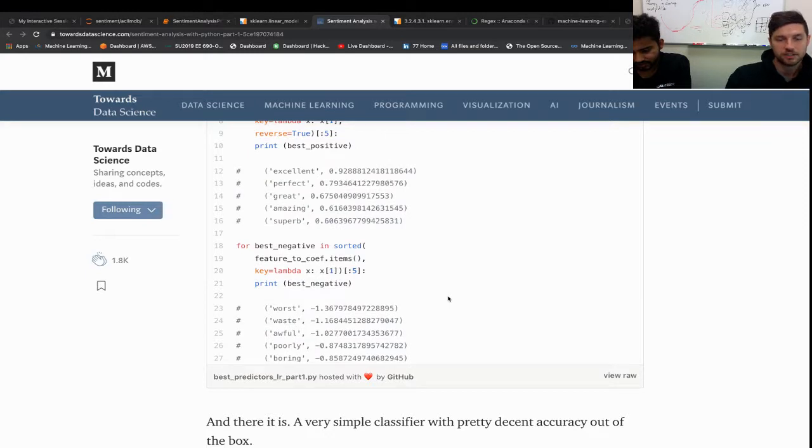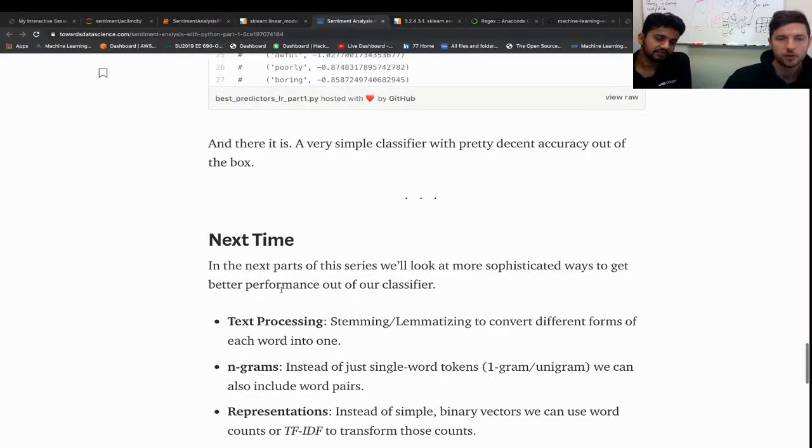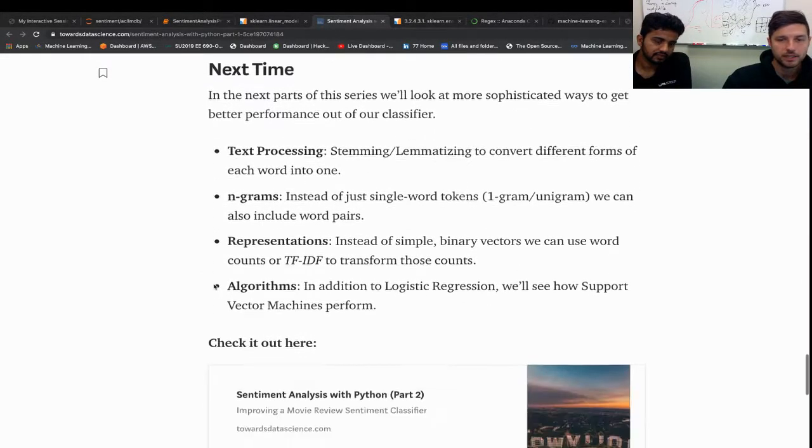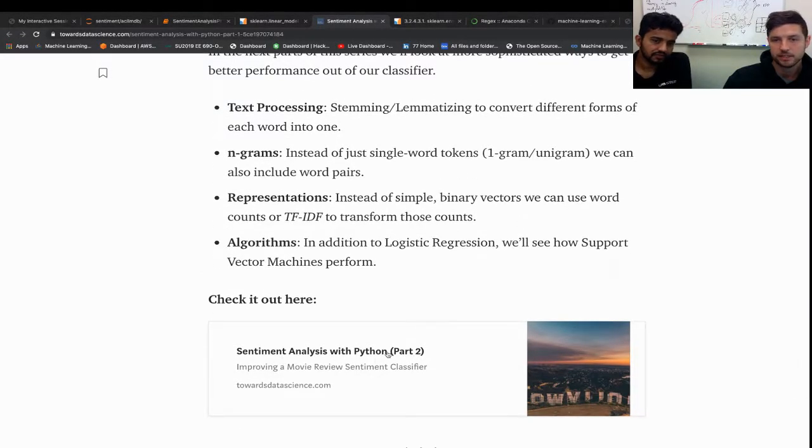The key difference is you have to do something to turn your words into something computable so that your machine learning algorithms can figure out the differences between the classes. And so I think we'll probably next time do this sentiment analysis Python part 2 so that we can check out some of those other ways of getting metrics out of the text